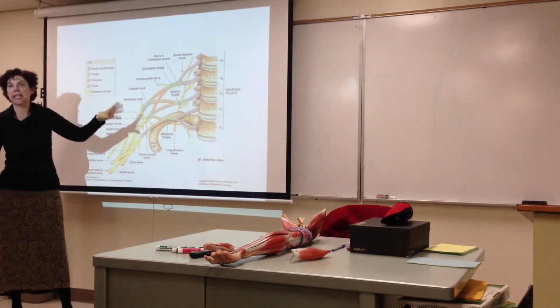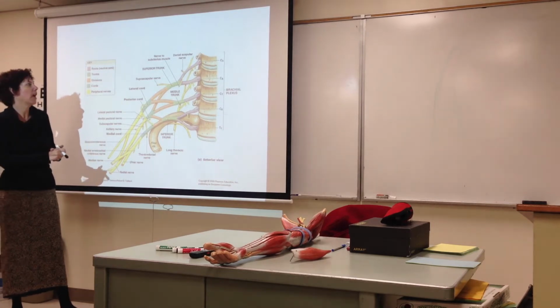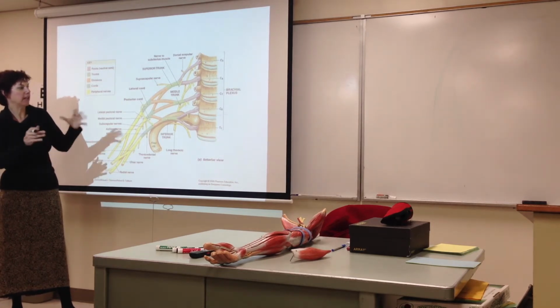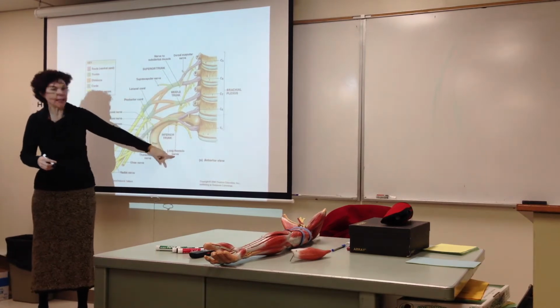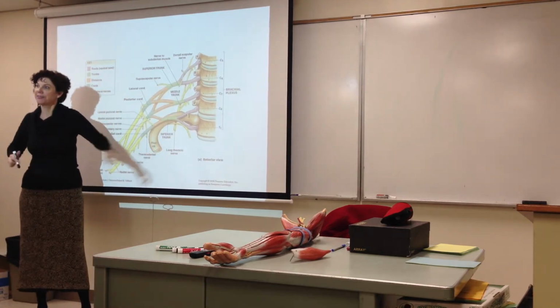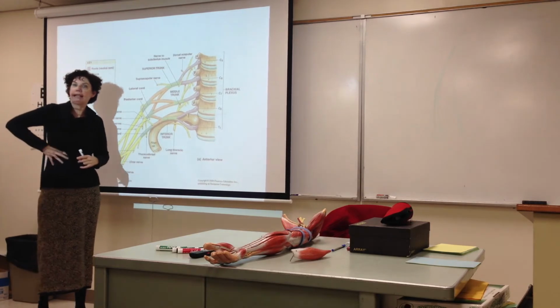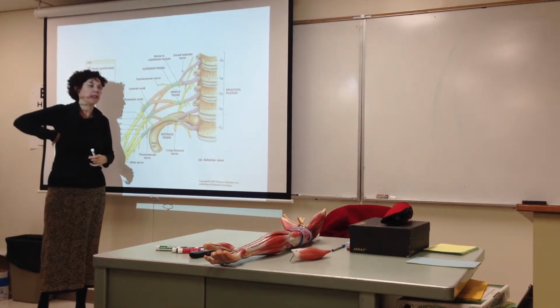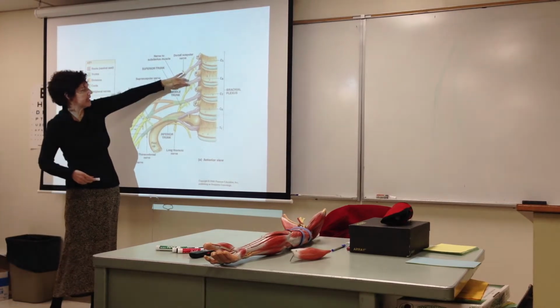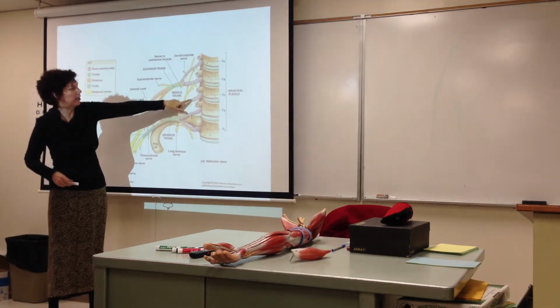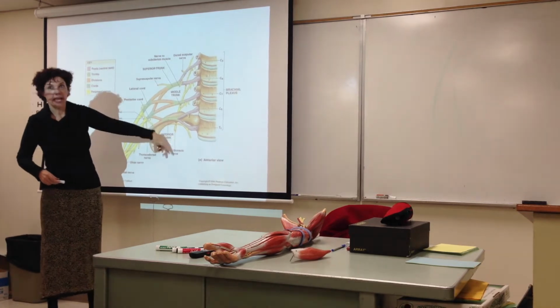But I want to show you some of the nerves that you don't need to know and how they are components. So the long thoracic nerve, coming down here, actually goes to serratus anterior. Remember that muscle that wraps around, has its origin from the ribs and comes up under the scapula? So it's going to have in its nerves C5, C6, and a little bit of C7 as it goes to